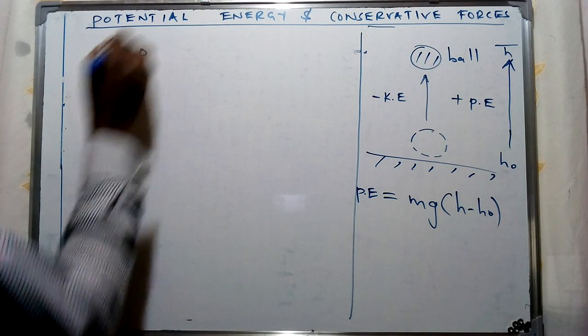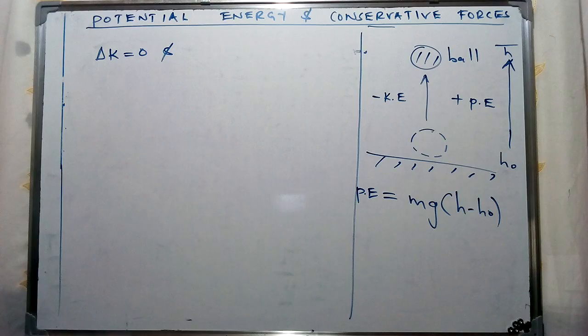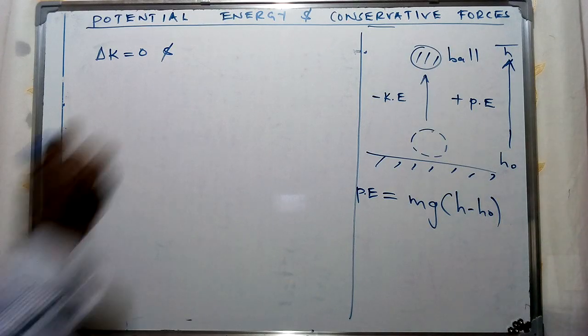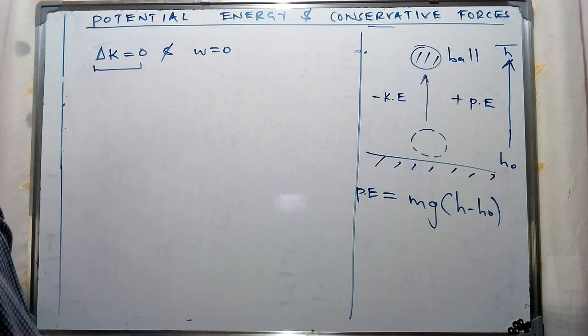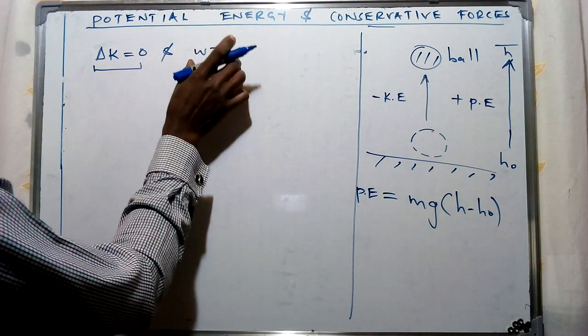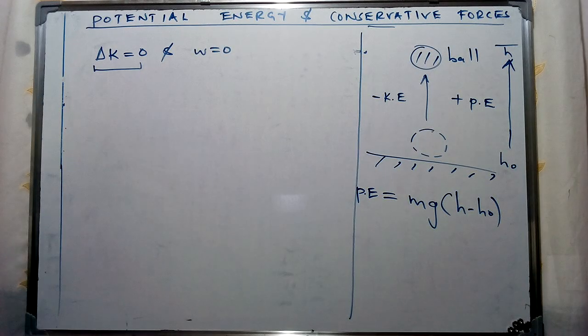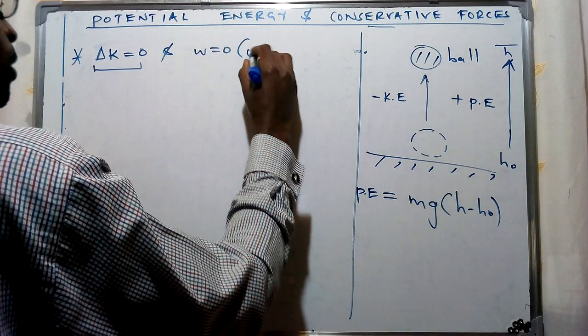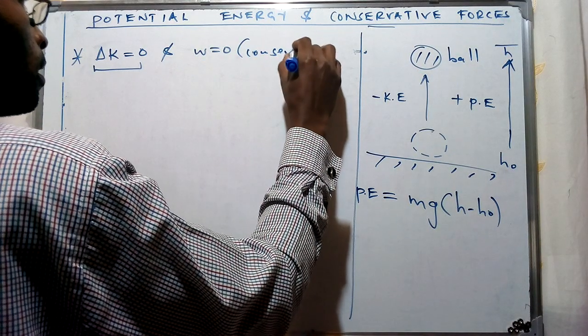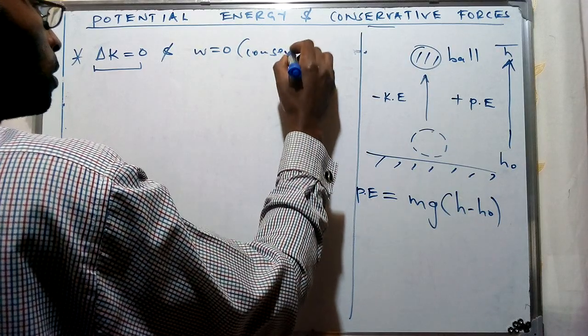So in case we have this element of a change in kinetic energy or the work, from the work-energy theorem we can describe this change in kinetic energy as the work done. And if the work done in a round trip is equivalent to 0, this is going to be depicting the element of a conservative